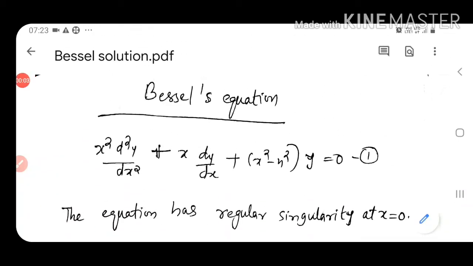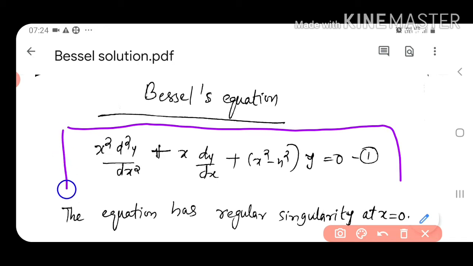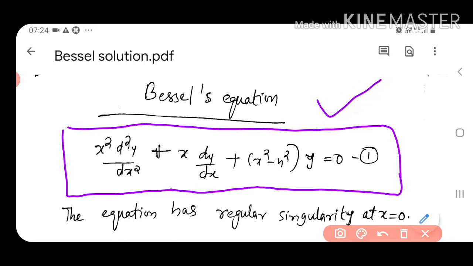Today we will look at the solution of the Bessel's equation. The Bessel equation, as we have seen earlier, is x square d square y by dx square plus x dy by dx plus (x square minus n square) y equal to 0. So this is the Bessel's equation, and we are going to find the solution of this Bessel's equation by using the